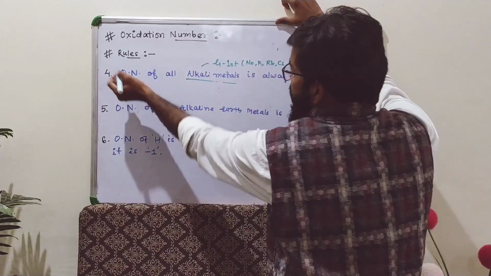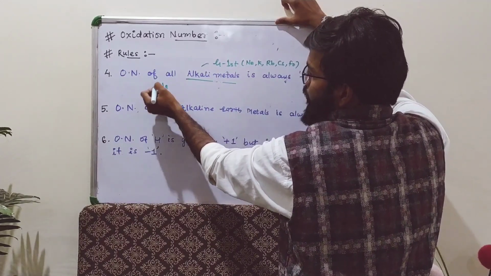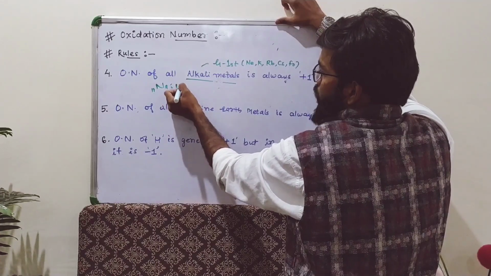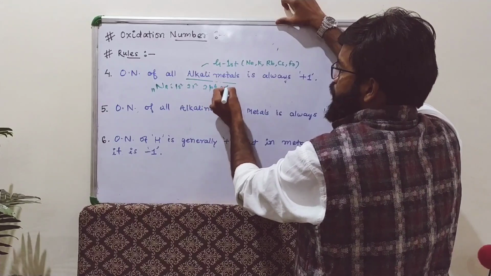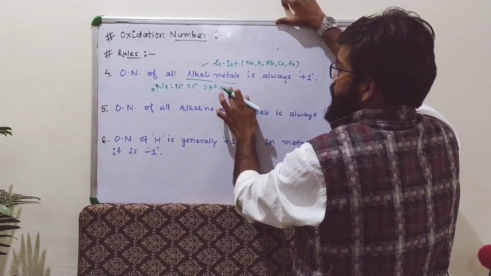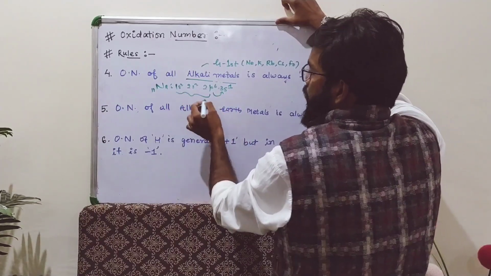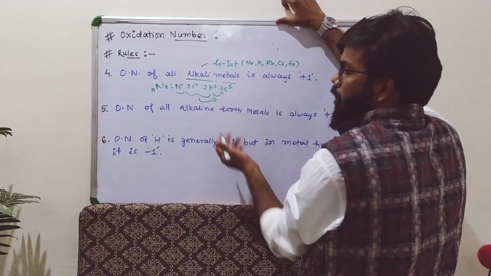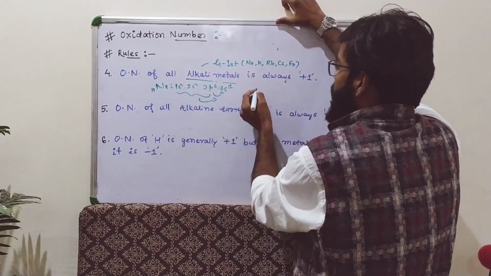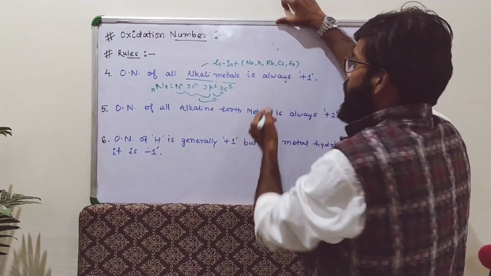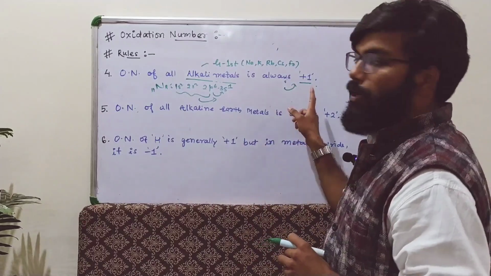Why is it so? Let us take the example of sodium. It has atomic number 11. If we write the electronic configuration, 1s2, 2s2, 2p6, 3s1. If it loses one electron, then it will come into its most stable state, that is, it will attain noble gas configuration. That's why sodium loses one electron. If any atom loses one electron, then it will form oxidation state of plus 1. I hope you have understood this.